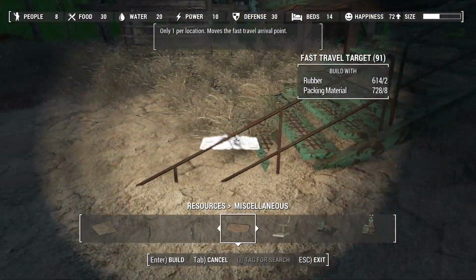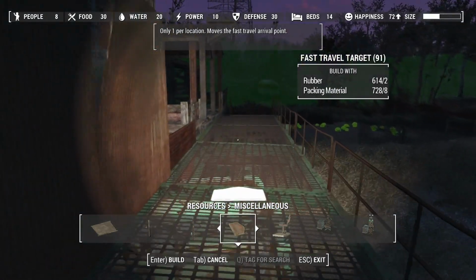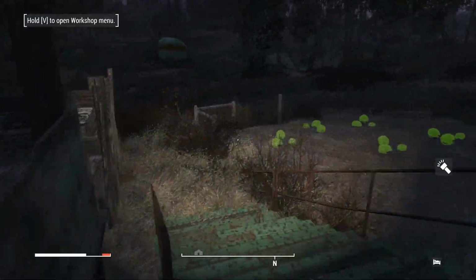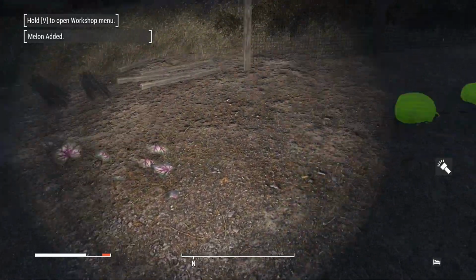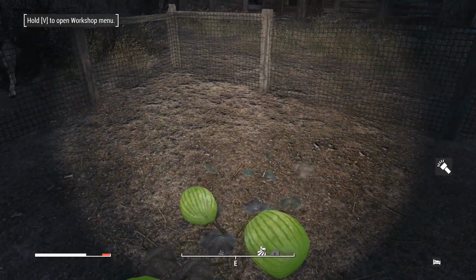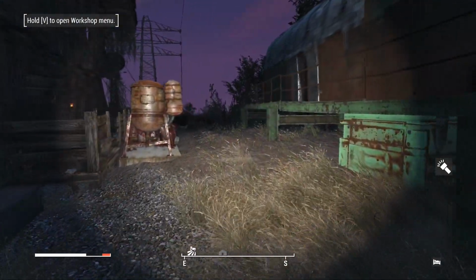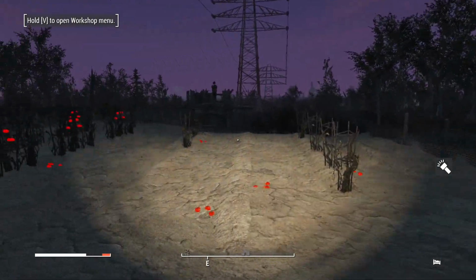The fast travel target we need to put down. And again, I'm not doing the bed until I do a bit more, honestly. Right. Melons. Marvellous. All of the plants are now going to be in the front. Hang on, but that's over there, isn't it? It's never straight on. Okay. So, I do want to put down...